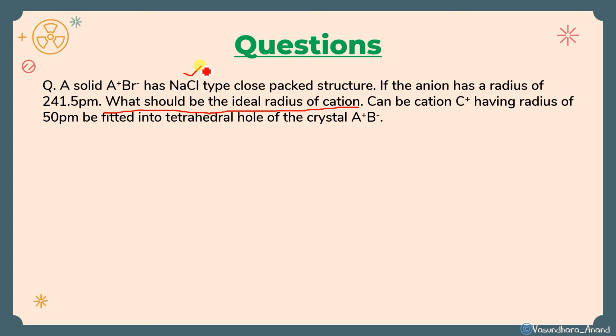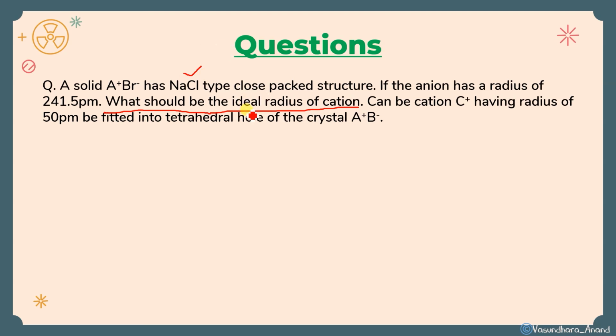And if you do not know the coordination number, you will not know the radius ratio, and you will not be able to find it. Okay, so NaCl has coordination number 6, and its radius ratio is in between 0.414, the least one, and the maximum one is 0.732. So we will consider the ideal radius. We will start from the bottom, 0.414, that is, it has the octahedral void.